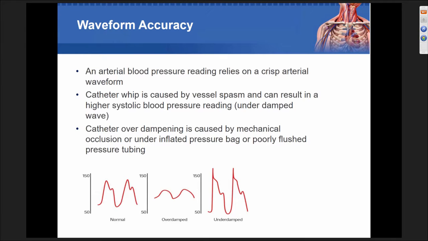We have to see a nice upslope. We have to be able to visibly see the dicrotic notch, and a sharp downslope. Think about a non-invasive blood pressure cuff that just goes up every few minutes or an hour, every 2 hours, comes back down and gives you your blood pressure. When you're actually looking at a waveform continuously and titrating medications, it's so important because this gives us instantaneous feedback, and the waveform really